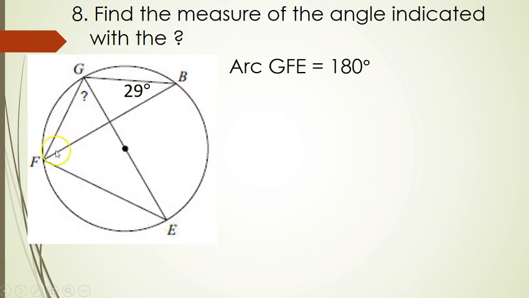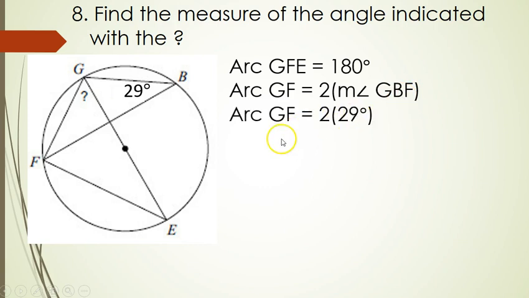Then we know that this angle, GBF, this 29-degree angle, maps to arc GF. Well, you should recall that the arc is twice the inscribed angle. GBF is an inscribed angle because its vertex is on the circle. This arc right here, GF, is 2 times that angle. So arc GF is equal to 2 times the measure of GBF, right? So we're going to multiply that times 2, and that's going to tell us that this arc right here, GF, is 58. Well, we know that GFE is 180, so now can't we just subtract this 58 from the 180